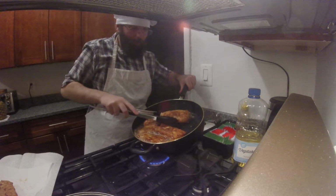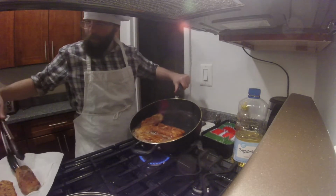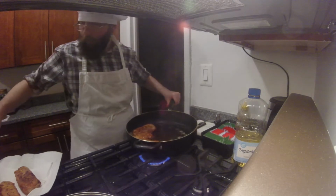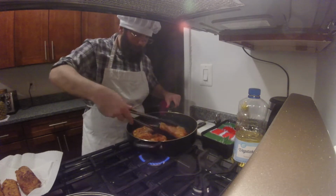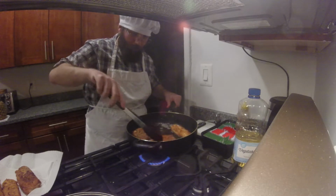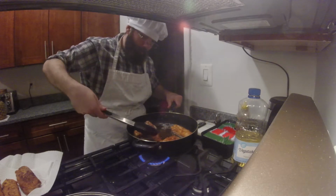I will say some of these bigger ones, my oil wasn't really deep enough to get the full of them. Like I said, a deep fryer would have really helped out with this. However, it's got a nice color overall. Plus, I don't really think I'm going to be eating all these anyway. Let me rephrase, I'm not eating all of these right now. I'm definitely going to be eating all these